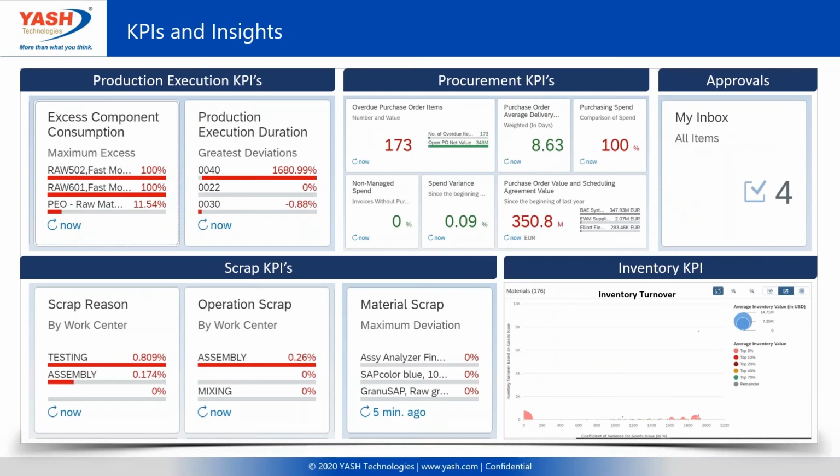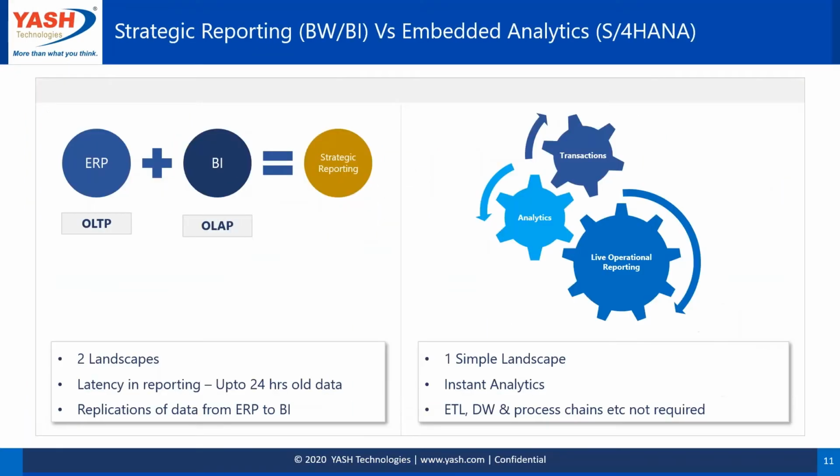Then KPIs, we talked about 1,000 KPIs, several KPIs and insights, whether for procurement or finance or even your day-to-day work, your approval inbox, whether you have to approve your leaves or purchase requisitions or your postings, JVs and all. If you have to approve them, everything comes up in your inbox at one place where you could run your business. So several KPIs which are accessible anywhere on any device, be it your laptop, desktop, or phone, or tablet, or iPad, whatever could be, Android, iOS.